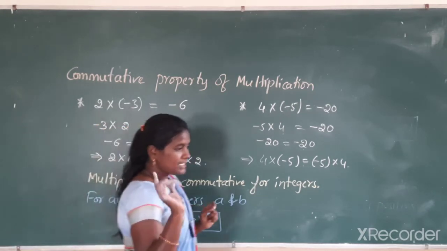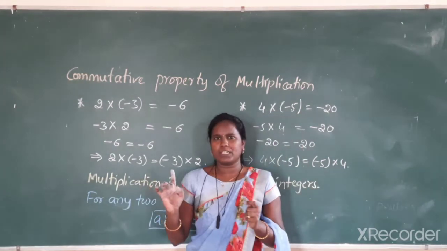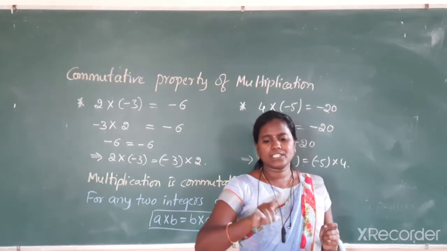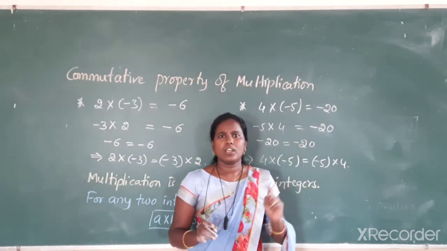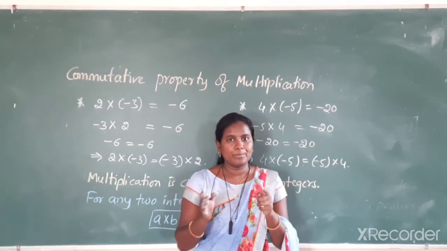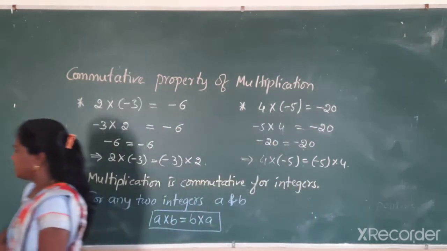Yesterday one girl called me asking about the commutative property of subtraction. There we have seen that subtraction is not commutative for integers. That is, a minus b is not equal to b minus a. Do you remember? a minus b is not equal to b minus a. Her question